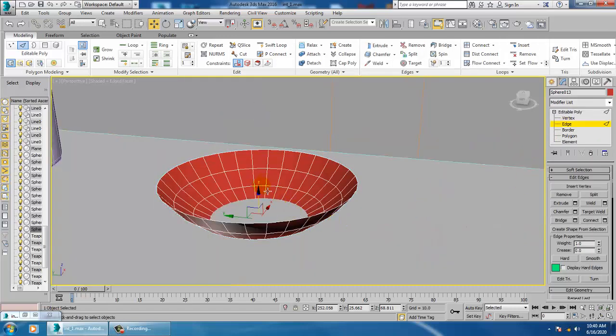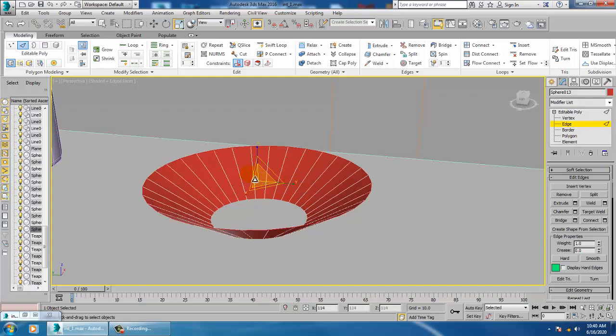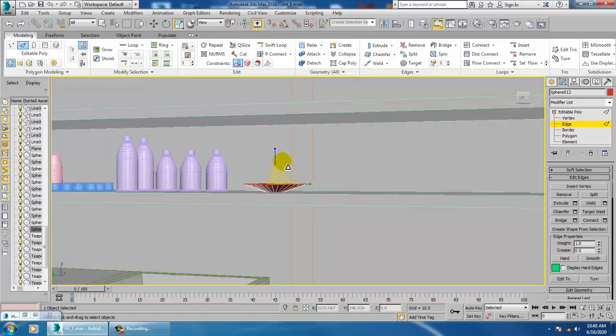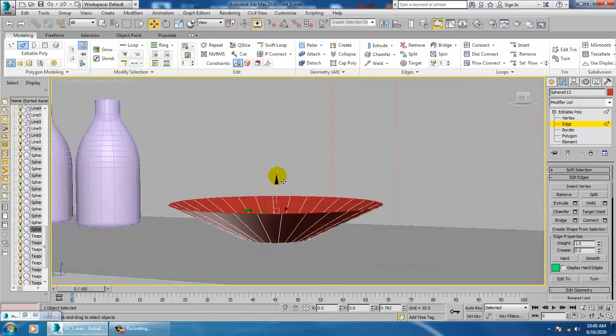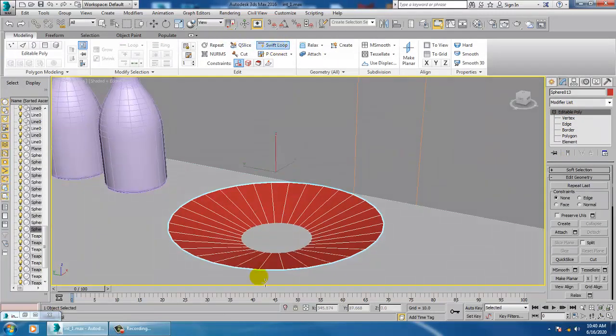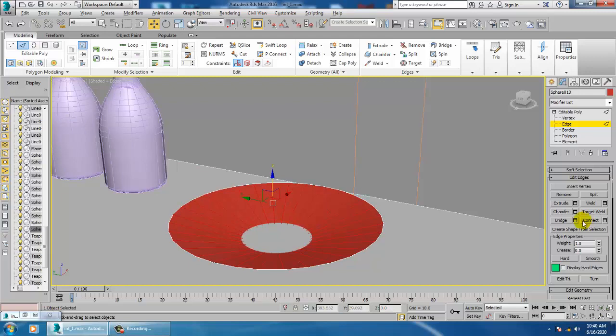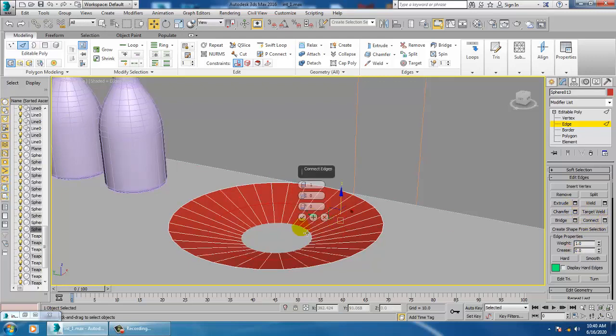Let's go into these edges, control and backspace to delete the loops. Select this, press R and scale this. Let's use a swift loop, or select these edges, ring it, Alt and R, and use a connect.